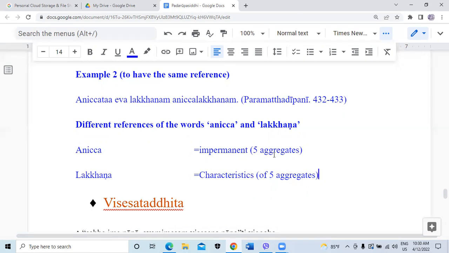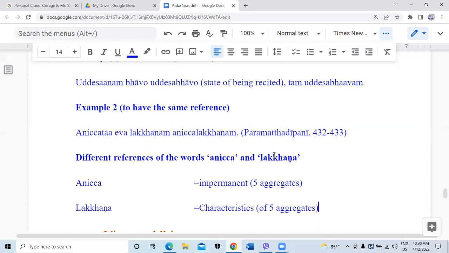Clear, right? Yeah, but what I understand is that the word anicca refers to the 5 aggregates itself. Dukkha is also 5 aggregates, and anatta is also 5 aggregates. Yeah, it's hard to say because you have already learned these things. Without having learned these things,